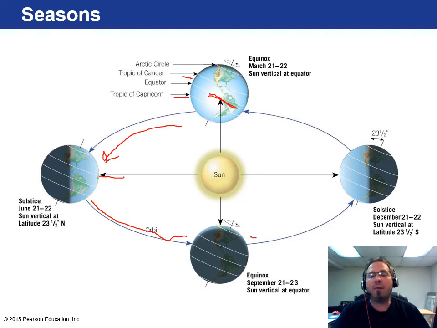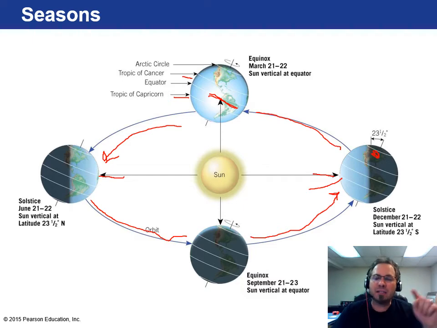And then finally, we move over here to the winter solstice. And now we are tilted away from the sun. The sun's rays are directed at this lower southern line, which is the Tropic of Capricorn. We're up here in the northern hemisphere, and so we get less daylight and less sun energy, hence winter. And then obviously you come back around again to spring. And it just keeps repeating that process.